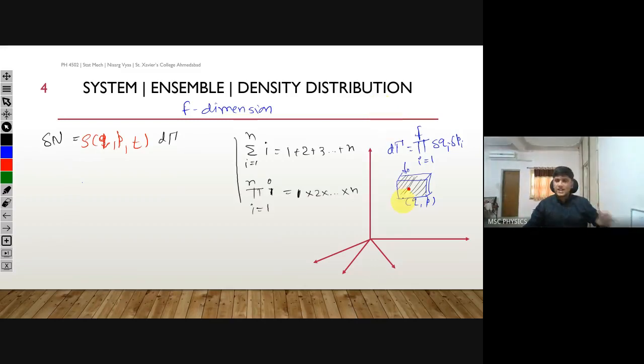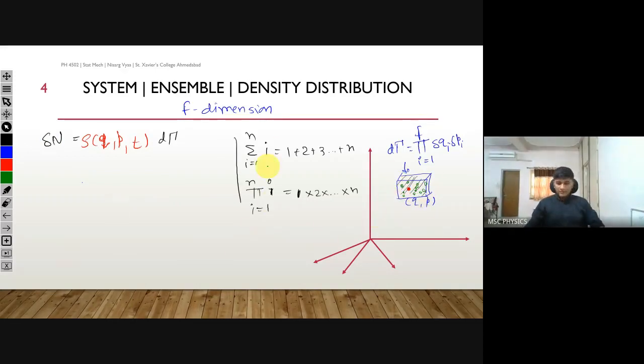And again, these are not actual systems, they are representations of systems. There can be many points inside this region which are state points. So let me draw it like this. The point (q, p) is shown in this color. In green color, I am showing the state points which represent the states inside this cube. So this delta n is given by the number of points inside this cube.